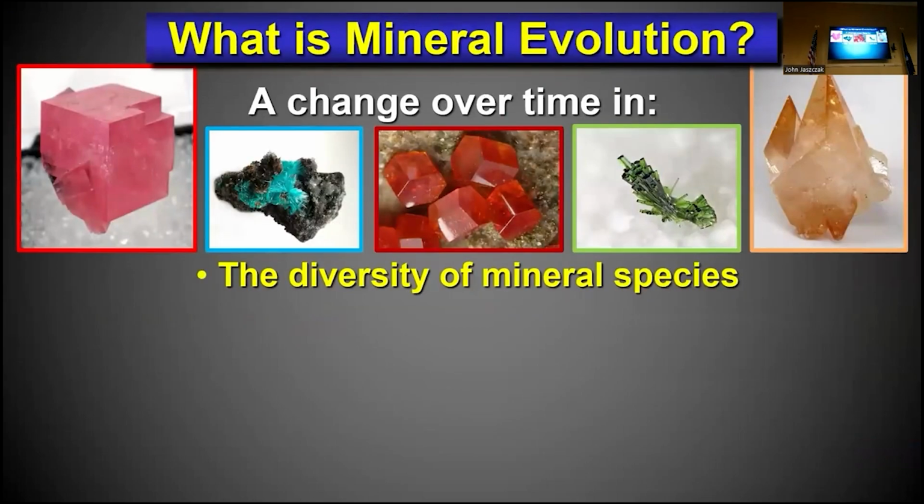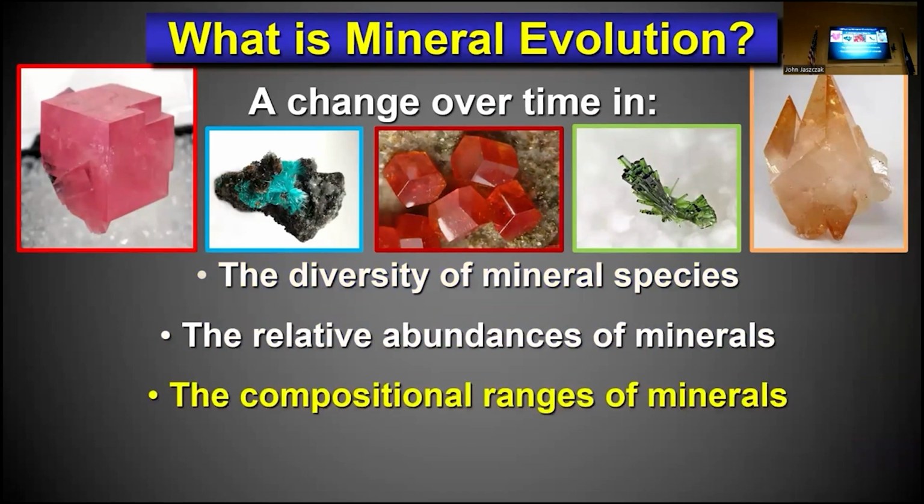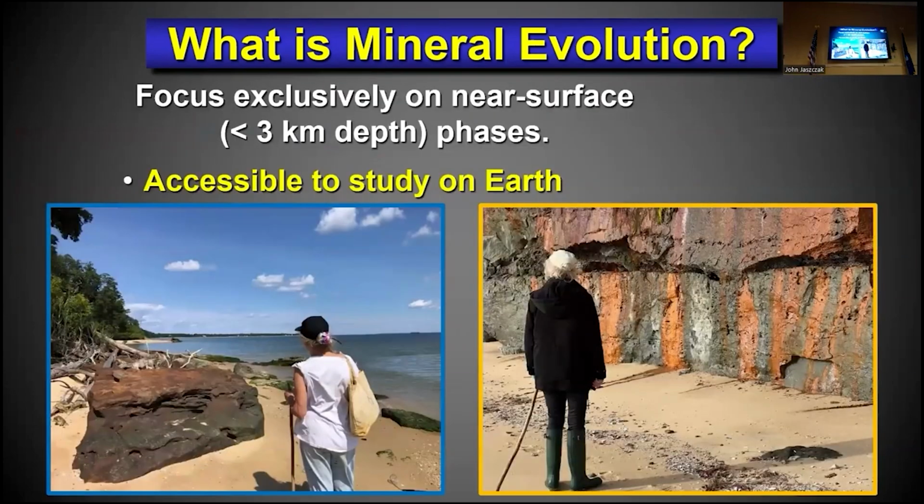So mineral evolution looks at several aspects of minerals: the changing diversity, that increasing diversity, the relative abundances of those minerals, the compositions, which includes trace elements, minor elements, the isotopic composition. They tell us stories, and also the size and shape. And when you go to the museum, this incredible museum here just across the way, you see these beautiful crystal forms and the shapes and the colors. That's not part of the formal definition of a mineral species, and yet they're so important for us to understand the stories the minerals have to tell. So we're interested in all these.